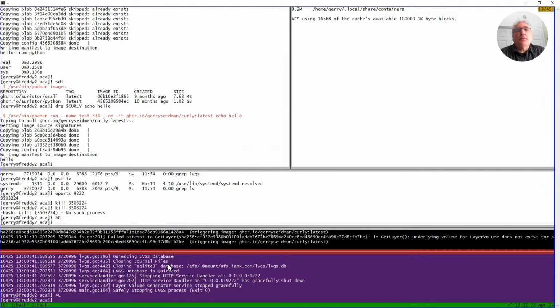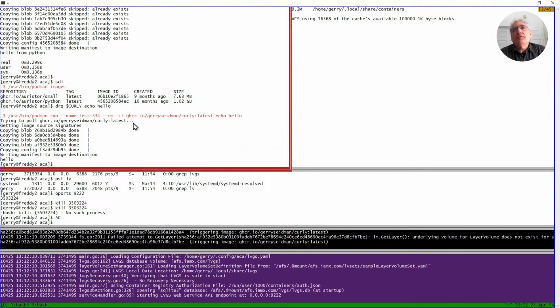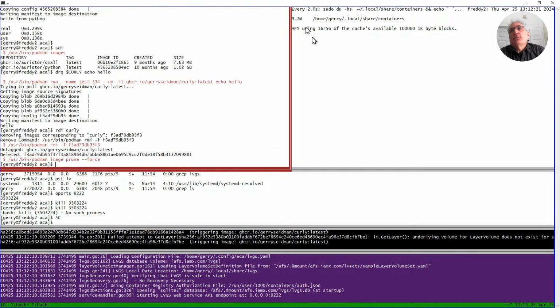So that's this other program called the layer volume generation service. I'm going to just start that over here. And all I have to do to make a volume available is, let me remove the 9.2 version, bring it back to its base.